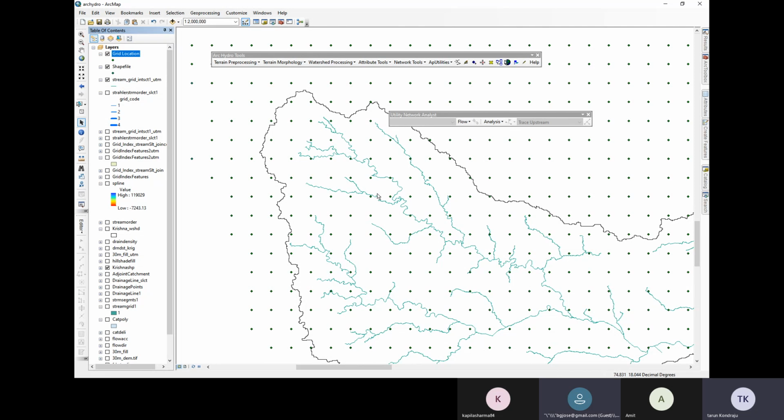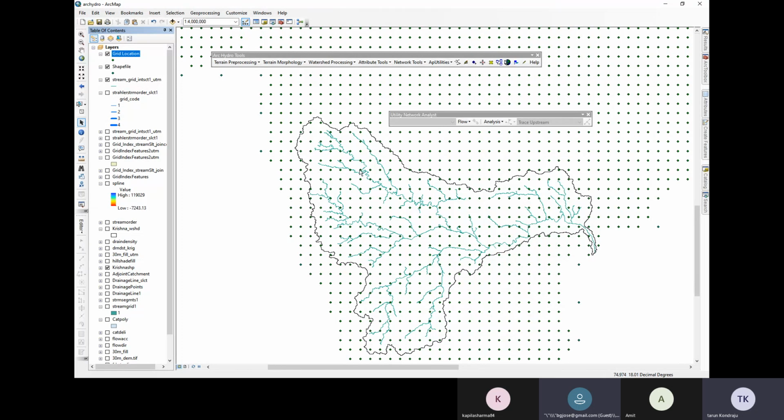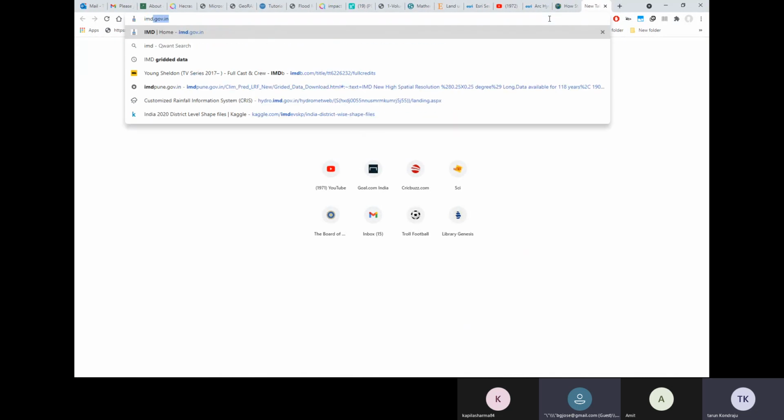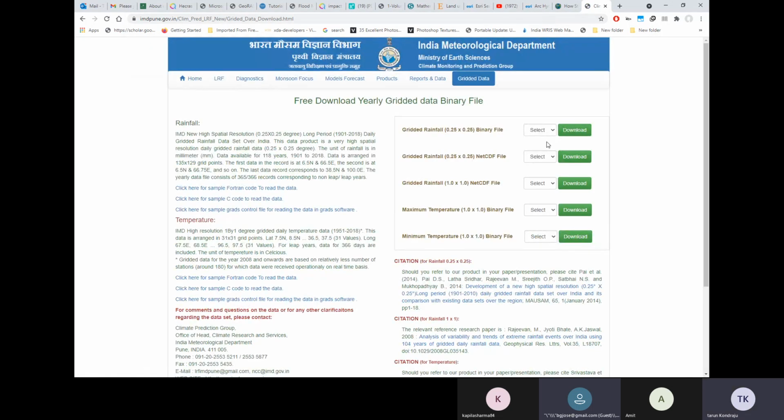From GRD format, you have to extract and convert it into data that can be processed. So you can use this location to find out where the location of interest is. Then we can use that to create a raster, and they have time series data also for all these. Is it in the public domain? Yes, it is. I'll show you. It is on the IMD site. You can download rainfall here,